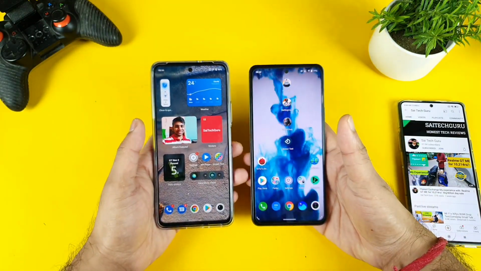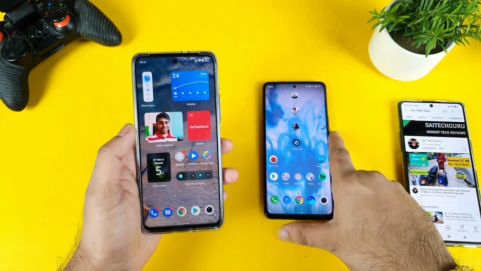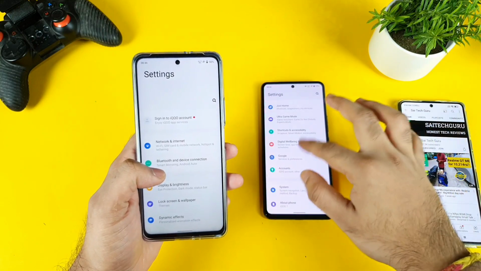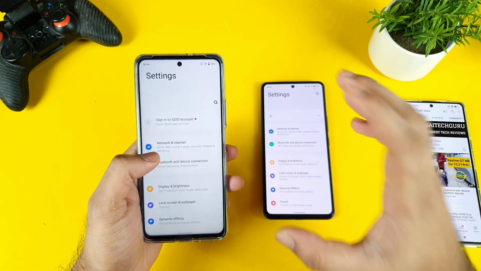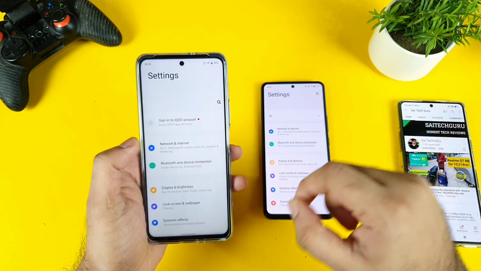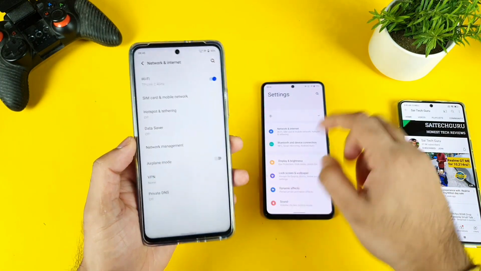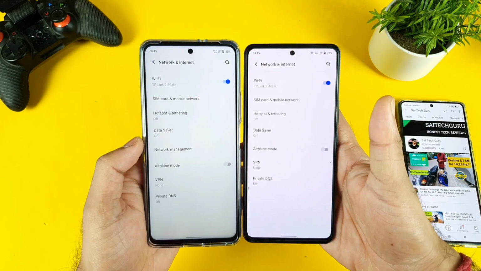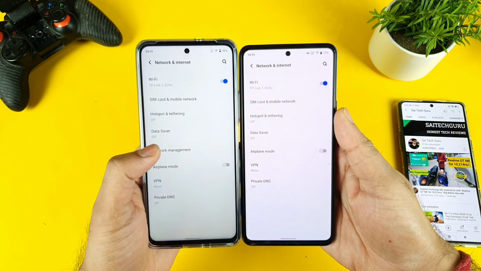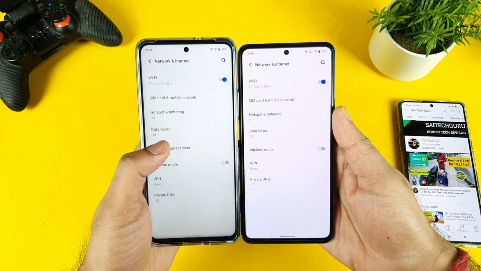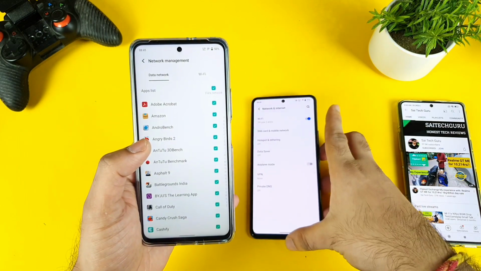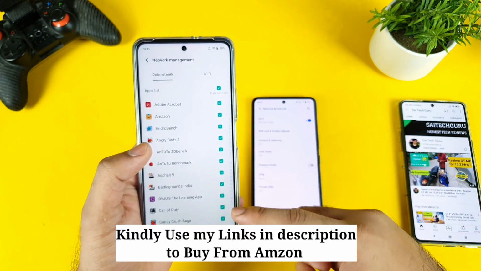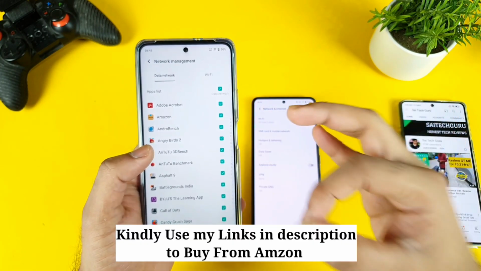And the second thing which I did like in the FunTouch UI 12 is the network management. This is a very useful thing they added into the FunTouch UI 12, which I did miss before as well. If you go to the network and internet connectivity in both phones, you will find everything is the same except one column, which is called network management. The moment you tap on network management, it gives the individual restrictions of internet data for all the applications. In this way, you'll be able to restrict individual applications.